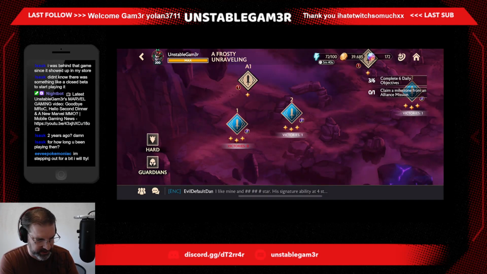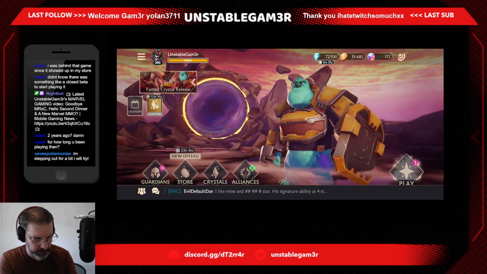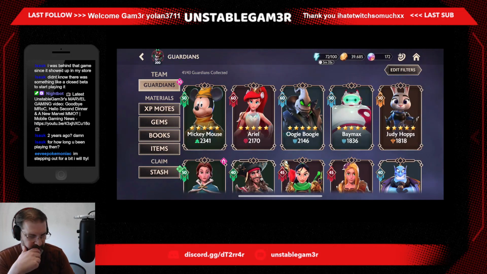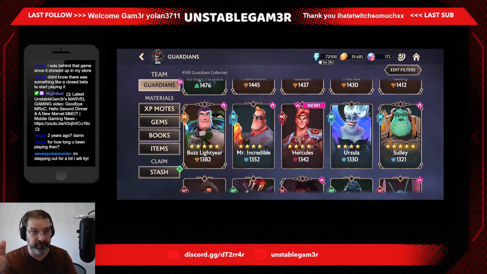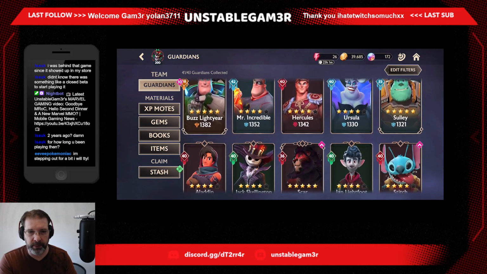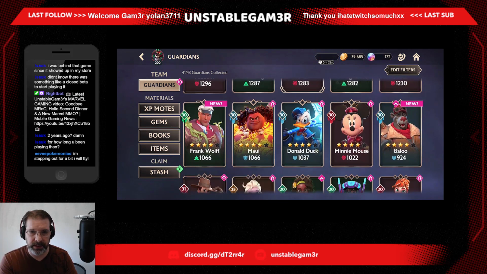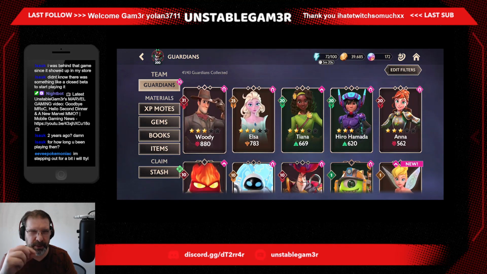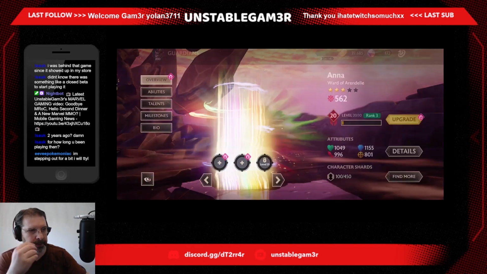Right, so let's go. Let's test Anna. We're gonna do some one-on-one with her actually. Let's go ahead and take a look at her kit. Now, when it comes to Woody and Anna, right now the one I prefer is Woody, just because I like his kit, his stun. He also has a heal as well. It's a small % chance to heal, but when it procs, I'm sure it'd be nice. So let's go to Anna